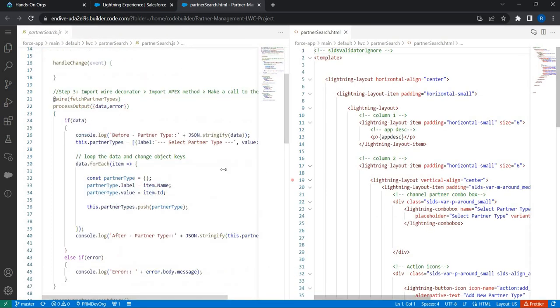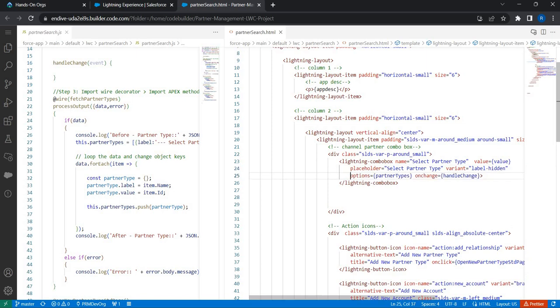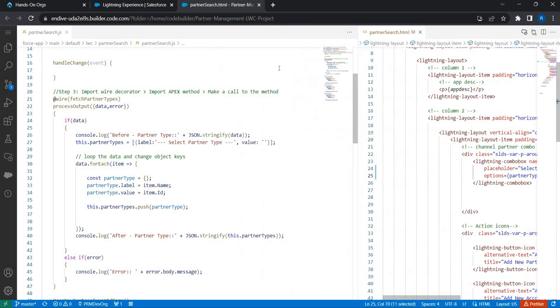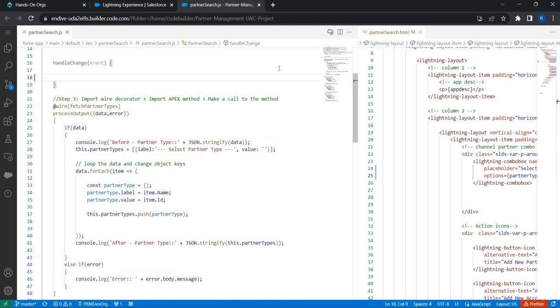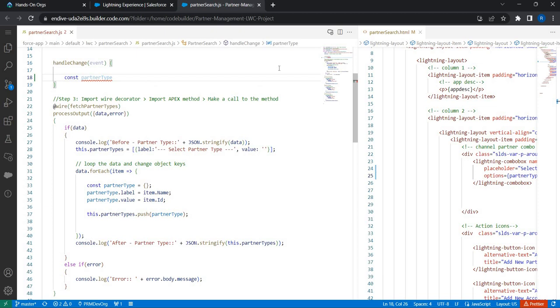The very first thing I wanted to do is ensure that the ID of the selected channel partner type is being captured. So we have this on change, isn't it? Let me go to this handle change right here. So let's have a constant partnerTypeId equal to